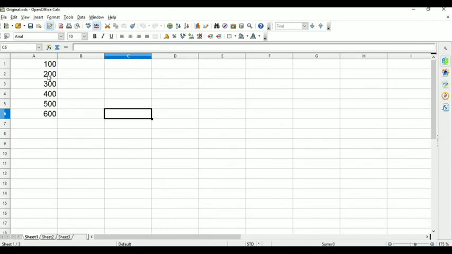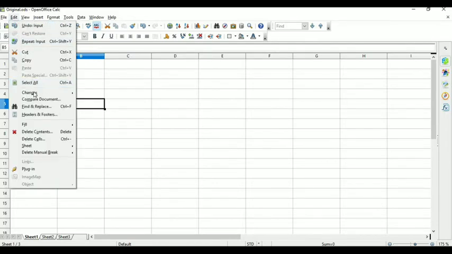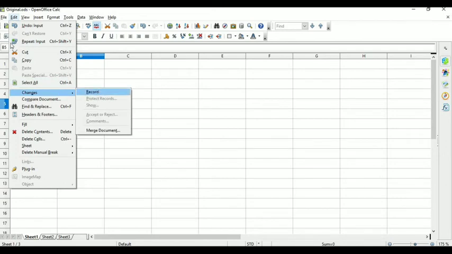Suppose I want to make a change in cell A2 from 200 to 150. See, nothing will happen. We made the change easily, but no mark appears. This mark will appear once I enable the record option. You get the record option from the Edit menu.